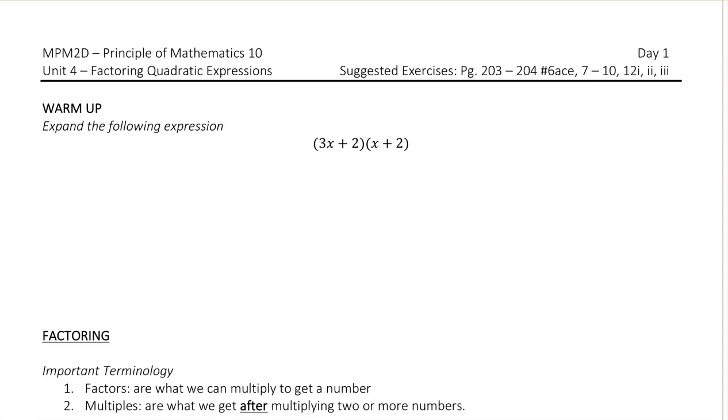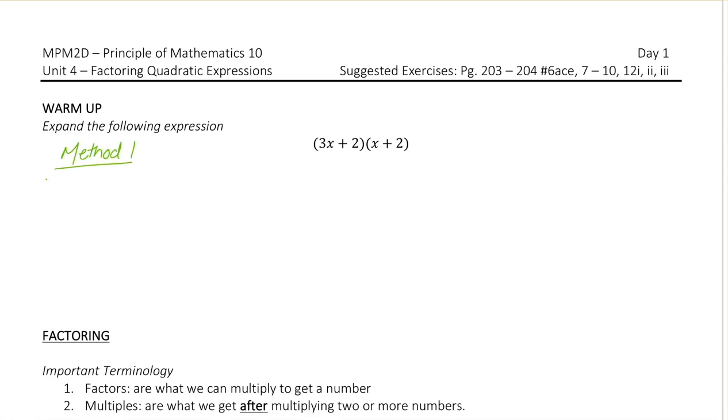So we're going to start with a warm-up, and it asks us to expand the following expression. So in the previous unit you would have looked at what we call expanding binomials. These are two binomials, meaning there's two terms in each of our brackets. I'm going to show you two different methods of expanding, the one that you used in the last unit and then another one that you use only when we have binomials. So in method 1